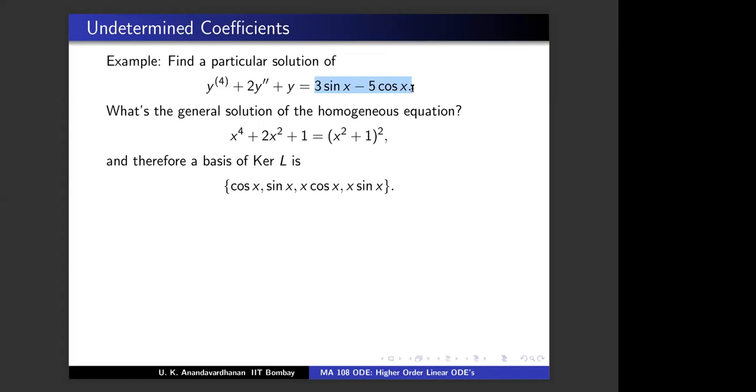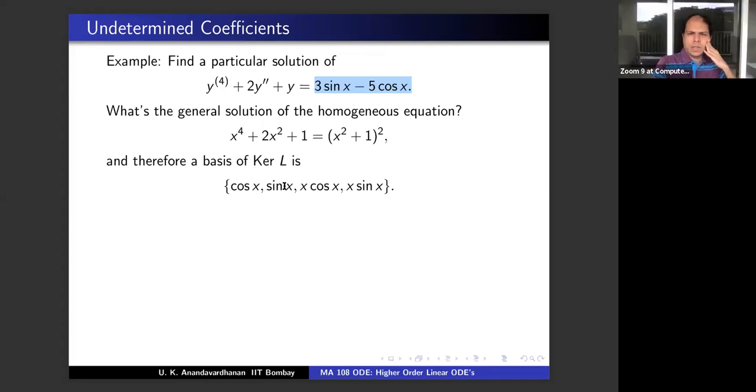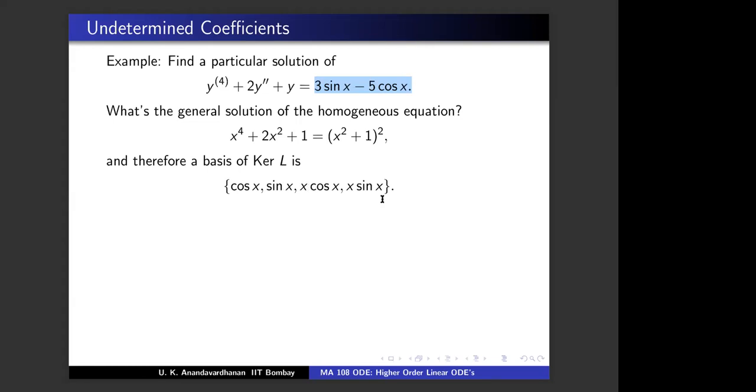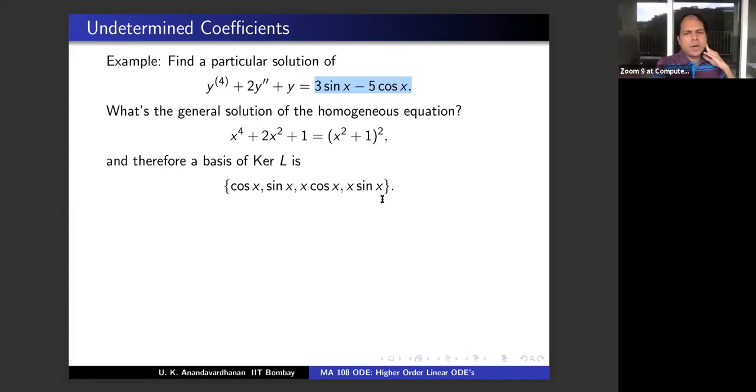Now, what would be your initial guess looking at the right hand side for undetermined coefficients? A sin x plus b cos x. Yeah, x square will be there. Therefore, you will multiply by x, so you will get x sin x and x cos x, but that is also there. Therefore, what will be your guess now? x square sin x, x square cos x. Put A and B, there should be coefficients to be determined. So the candidate is x square times (a cos x plus b sin x).